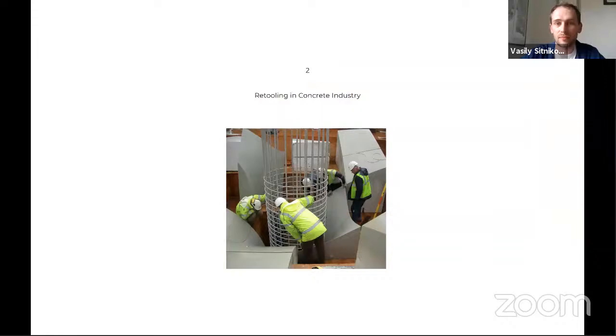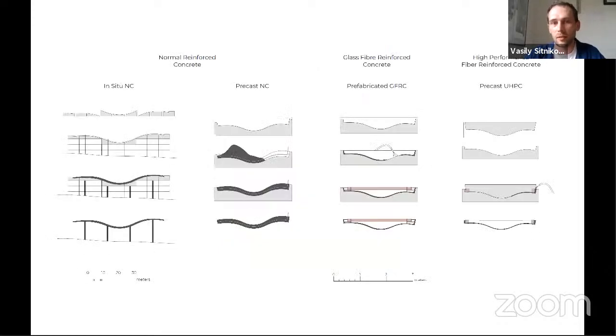Exactly. Yeah, I'm happy to continue with the retooling of the concrete industry and the forms in which the industry needed to develop new ways of making things in order to meet architectural demands. So what I've been looking into is basically precision processing of the formwork, that is the digital means of fabrication in the form of CNC milling of the formwork